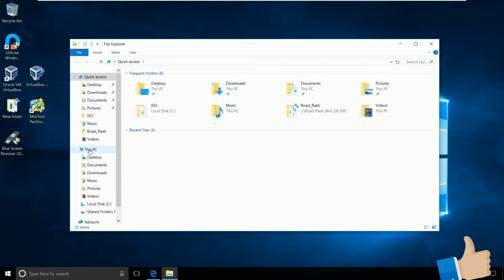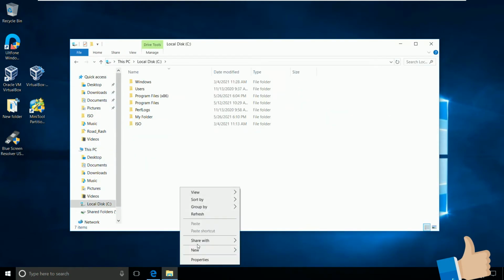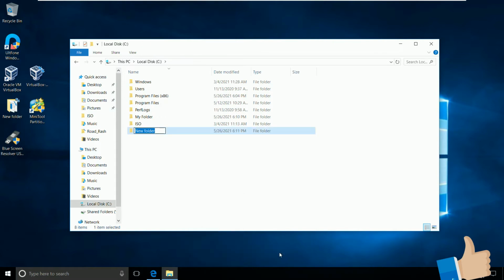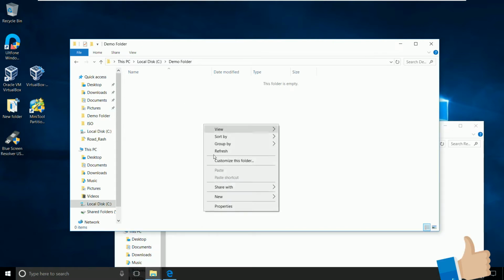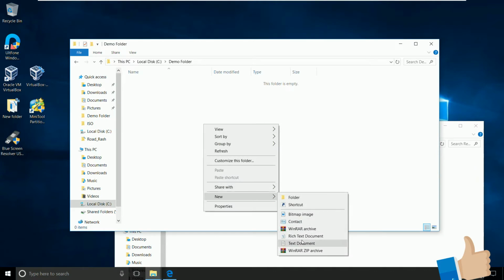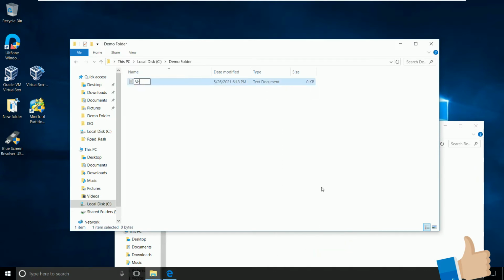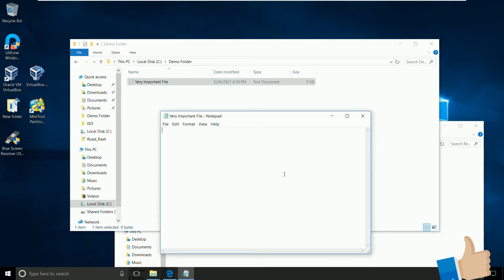Hi, let's see how to recover any lost data from your Windows computer. So in order to demonstrate, we'll just create a demo folder over here. I'll just create a sample text file. It could be really important data, but we're just creating a fresh file. So I'll just rename it to "very important file" and add some data